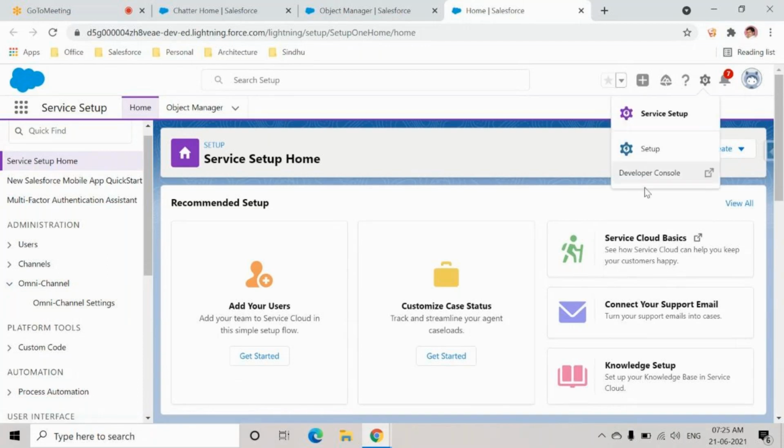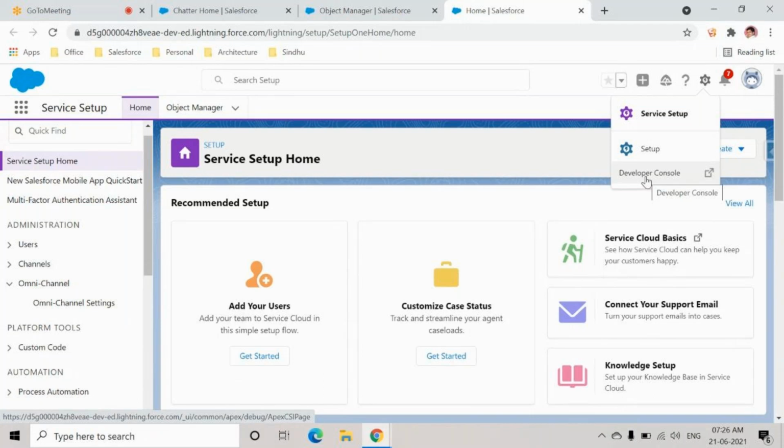Next thing is something called developer console. So someone asked about editors yesterday. If I'm not wrong, he said, "Ram, if I want to write code with an editor, does that work in Salesforce?" Yes, it works. You can use Visual Studio or the age-old Eclipse. Now most people are using Visual Studio only or IntelliJ, based on their requirement.